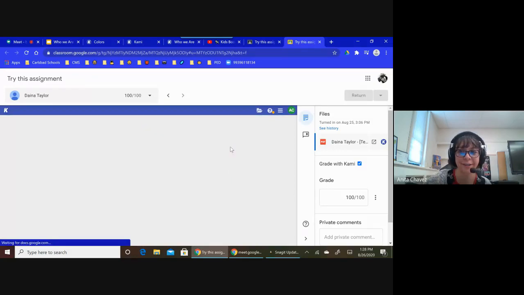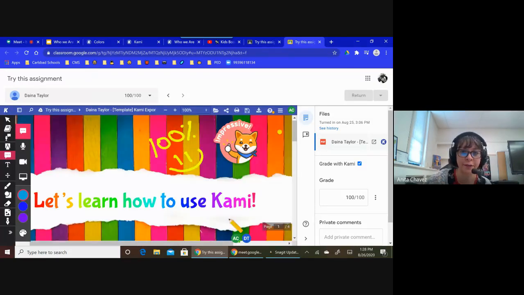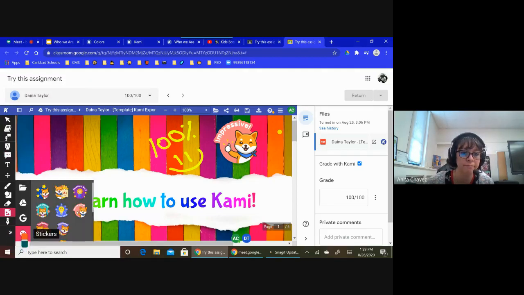She wanted to see what it looks like from the kid's point of view, so I went ahead and graded with Cameo. I gave her a sticker. I put her grade in, but you can use the same tools that you have in Cameo right there in Google Classroom. And the stickers are down here in your images. So you have all kinds of cute stickers to give to your students.